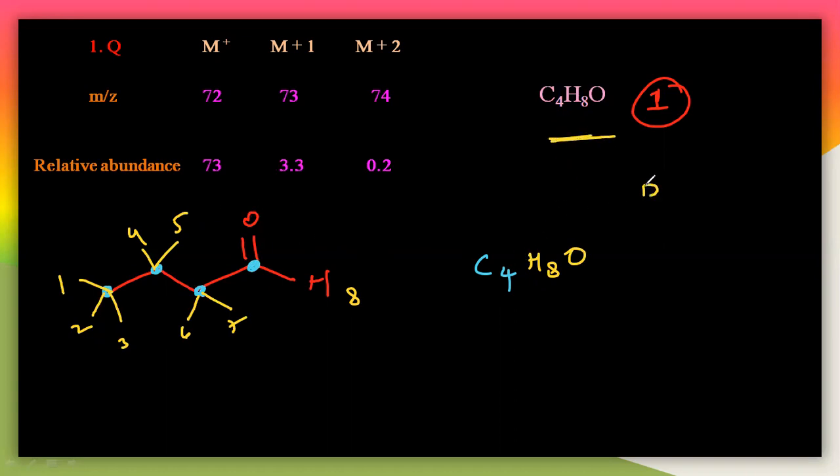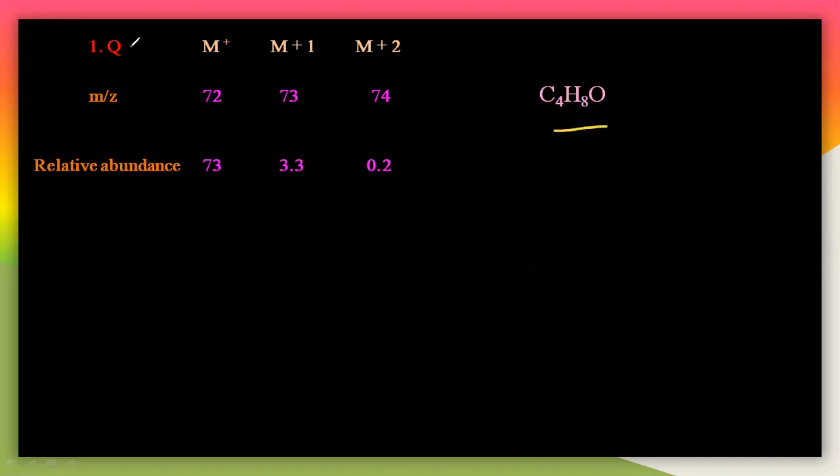And see here the double bond equivalence. This is 1 here. So ఒకటే ఉంది. ఇప్పుడు ఒక పై బాండ్ ఉంది ఇందులో, రింగ్ ఏం లేదు ఇందులో. So the double bond equivalence is 1 here. So in this way we have to see the structure of a particular sample here. So this C4H8O, the structure will be like this. So not only this, there are many other structures. So this is one possible structure here. So ఇది కాకుండా మీకు ఇంకేమైనా ఉంటే you can try that. So that you can easily understand that.